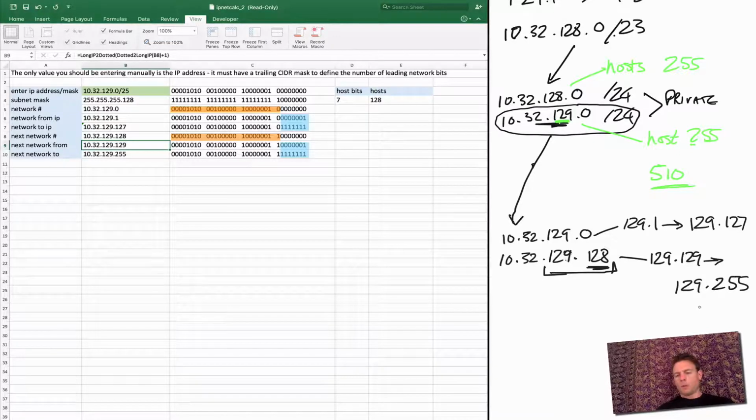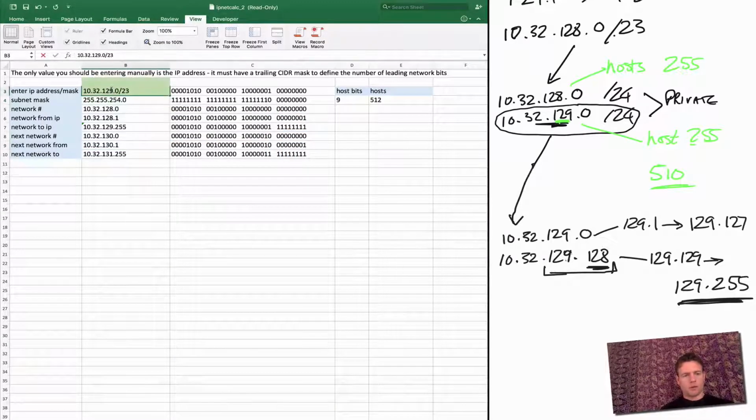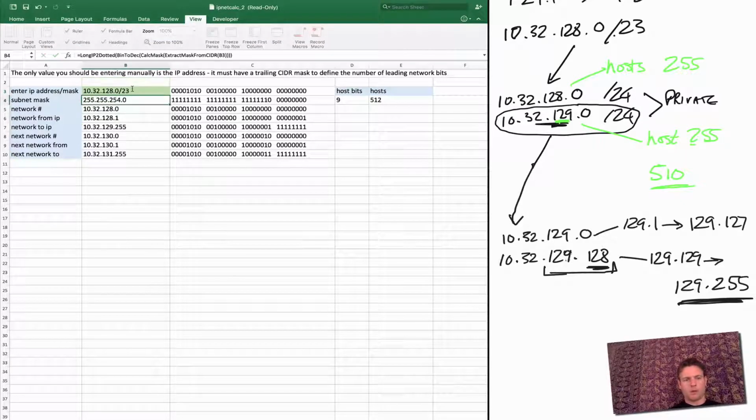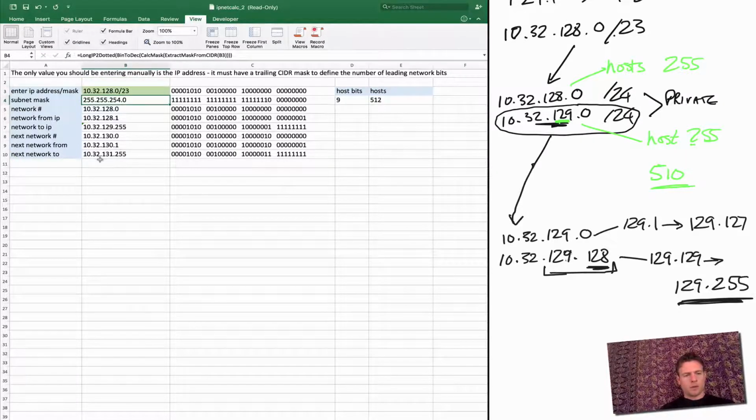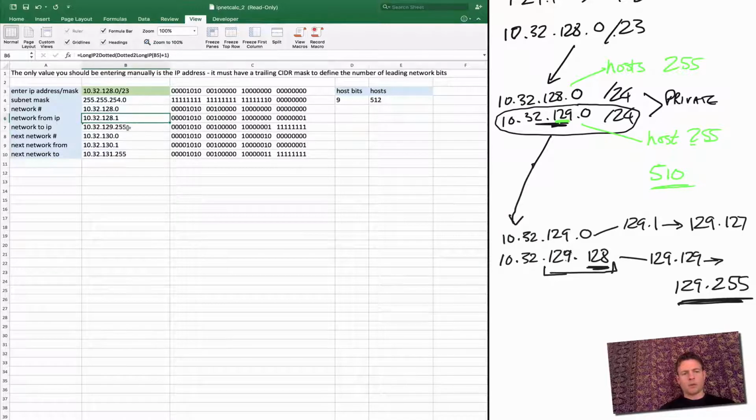And if you remember, 129.255 was the last of the IP addresses that we were allocated by our network team in our original subnet, right? 10.32.129.255. So all we've done is we've taken all those IP addresses from 128.1 to 129.255, and we've split them into,